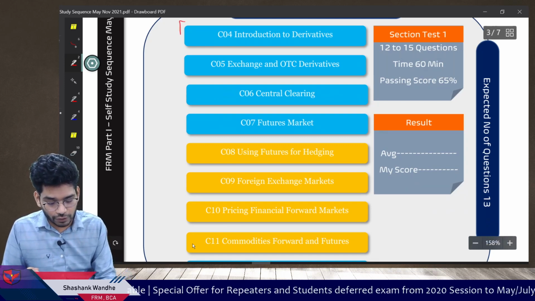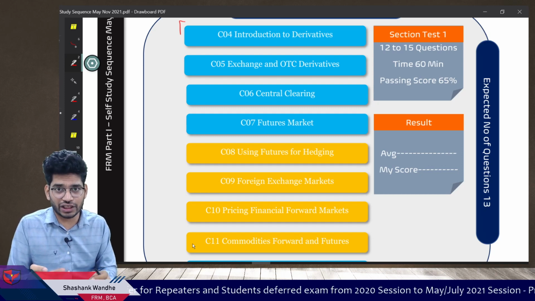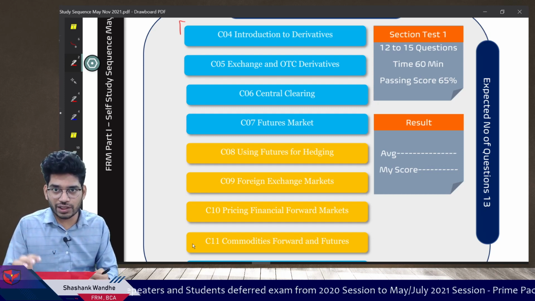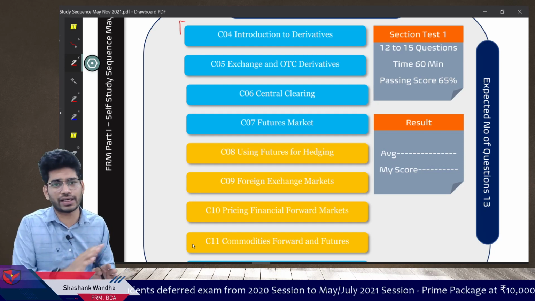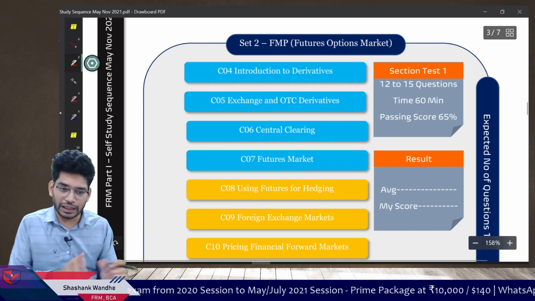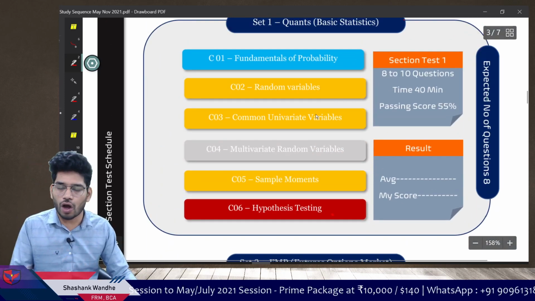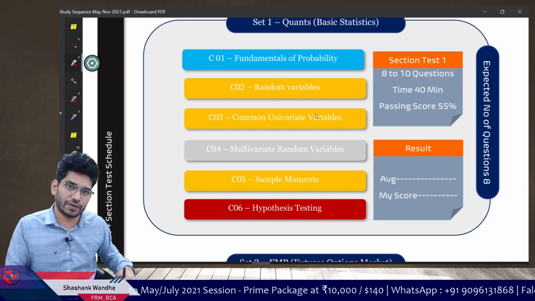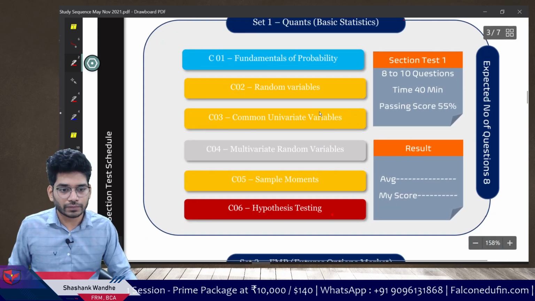So if you change your preparation style, you are spending the same time in reading that chapter, but your focus changes. As soon as your focus changes, your whole preparation will change. The complete trajectory of your preparation will change, right? So that's why the recommendation. And if you just want to go with the normal self-study style, like just finish, then you can go ahead with that. Not a big problem.